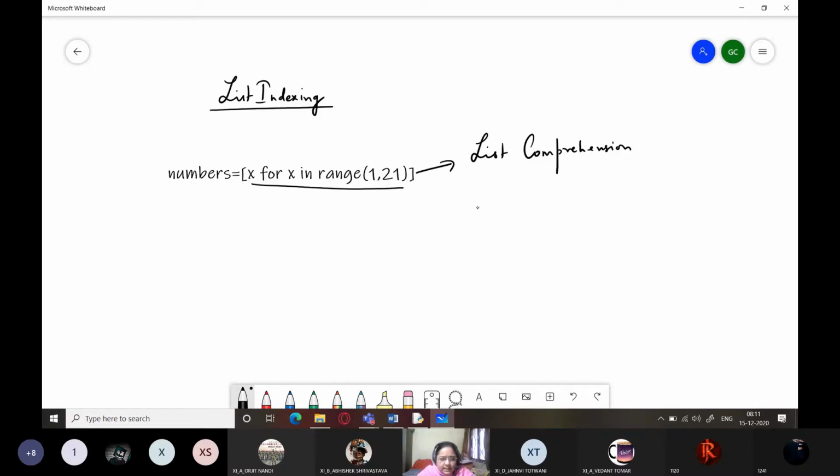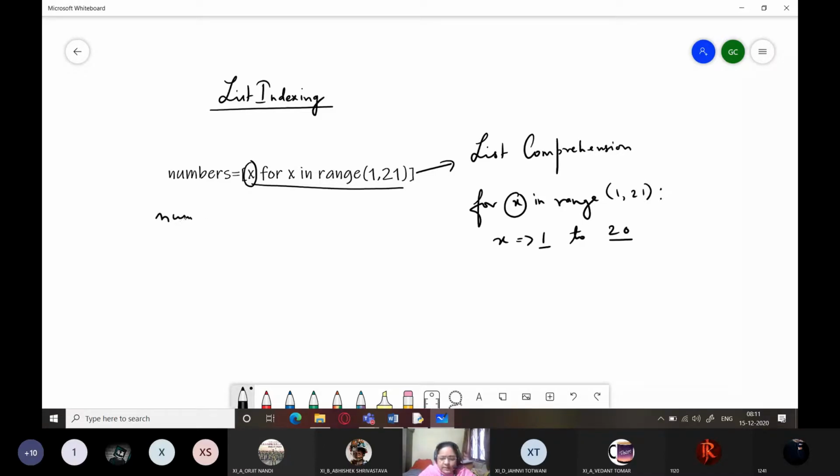Had it been for x in range 1 comma 21, x would have taken values from 1 to which value? 20. 1, 2, 3, 4, 5 up to 20, that is all the counting numbers. So here x represents all these values from 1 to 20, and numbers will get all the values of x which fall within this range.